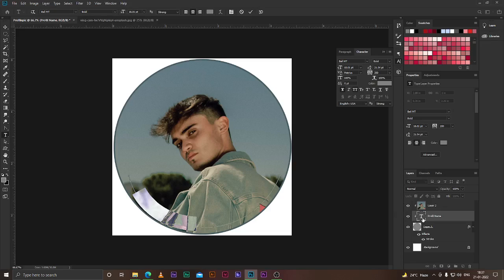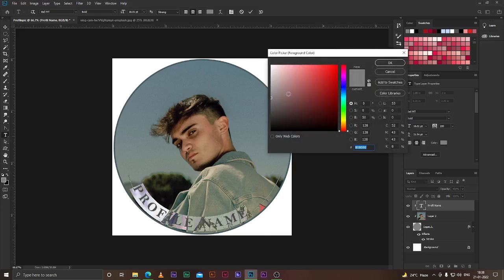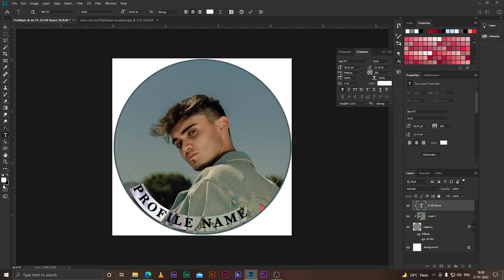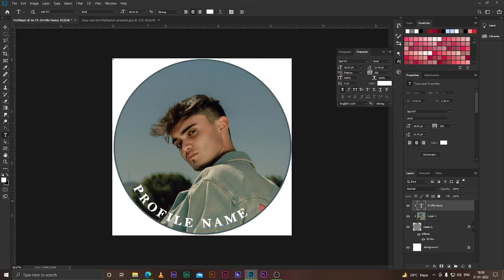It is being clipped inside of the image, so you need to drag it on top in order to see the text. It was hidden inside of the image. And as you can see, let's give it a white contrast, so it is there. Now we can shift that just by selecting.